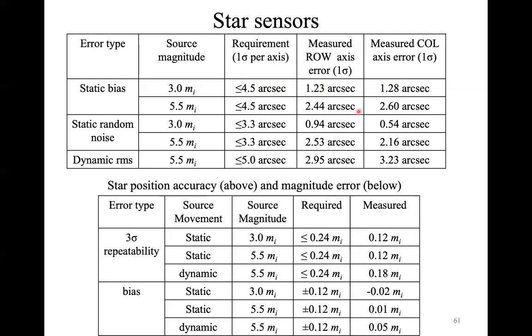So that means that your instrument works properly. The first column gives you also the different error types, because the first part gives you the errors associated to a bias. So basically a bias to your measurement. The second row is related to static random noise. So basically the possibility to have not only a bias in your measurement, but also a noise that could be